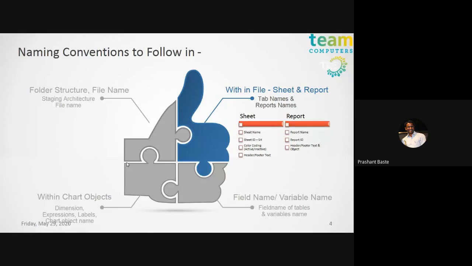Even when you are creating a sheet, you need to ensure that your sheet ID is there, and the sheet ID should start with sh as a prefix and then 0, 1, 2, 3, or in some cases you can put text as well, no issues. Then one should properly follow that if a particular sheet is active, it should be shown, by default, in blue, and if it is inactive we show it in gray, or whatever standard you are following, that should be followed throughout. But this is a must.